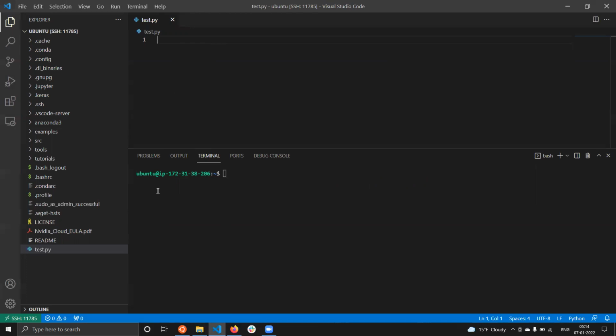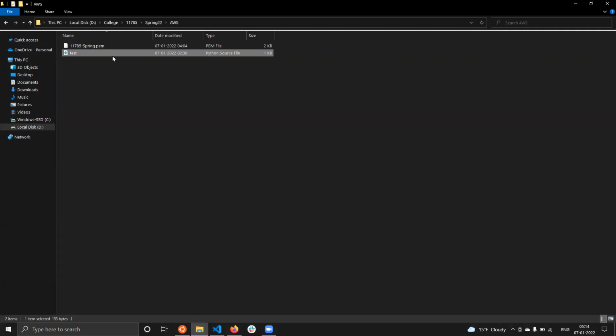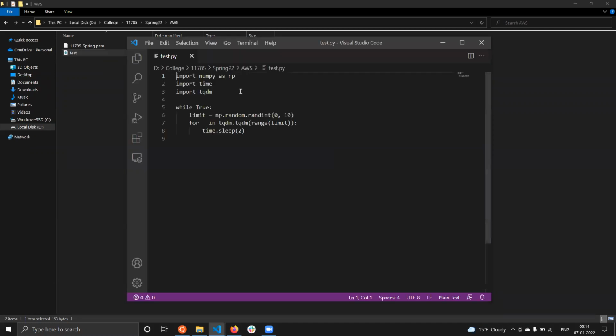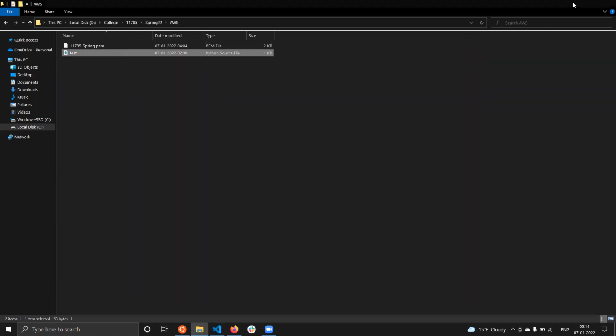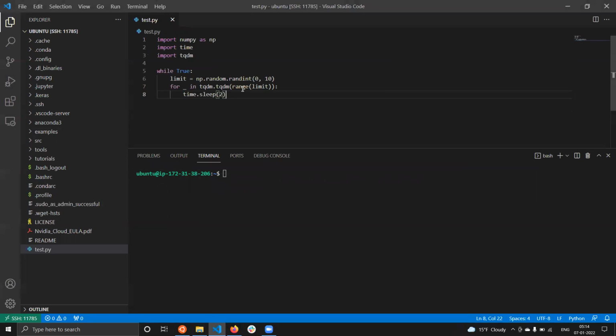So let's copy over some template code to run on our remote server. So this is just some template code to show loader.